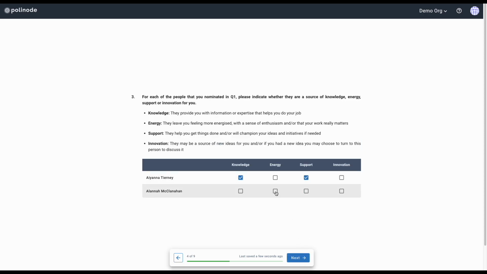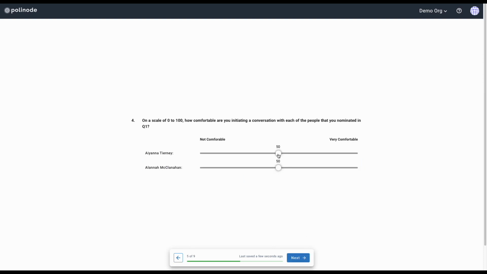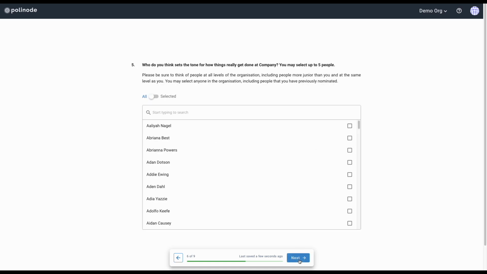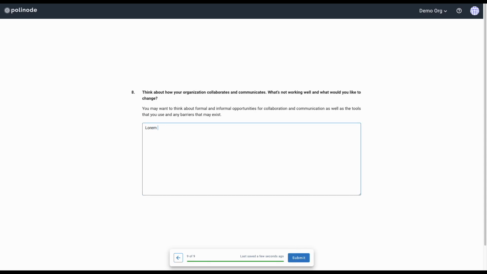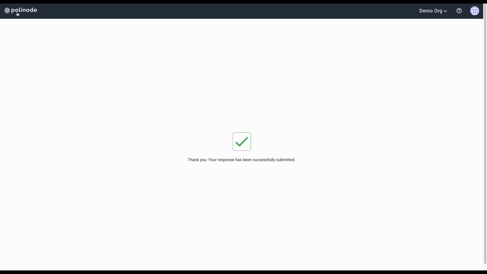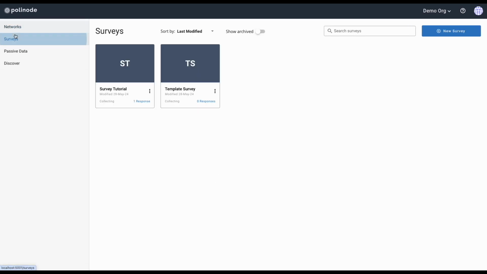some selections for the knowledge, energy, support, and innovation, some indications for this relationship strength around approachability, which will be available as weights on the edges in the generated networks, and then a couple of other selections for my other two search and select questions, and finally some inputs for my open text questions. And then I've submitted. And now I'll just go back to this survey,